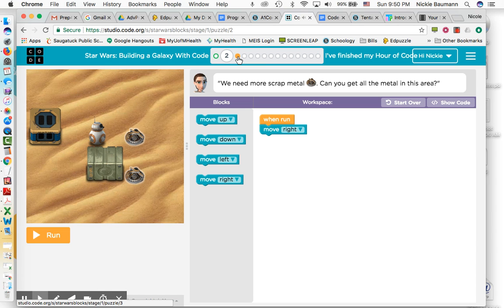And it's going to teach you along the way the different aspects of thinking about what exactly you want your character or your object to do. And that's really what programming is about. It's like, what set of instructions do you want your user to go through in order to complete certain tasks? So at the very end,